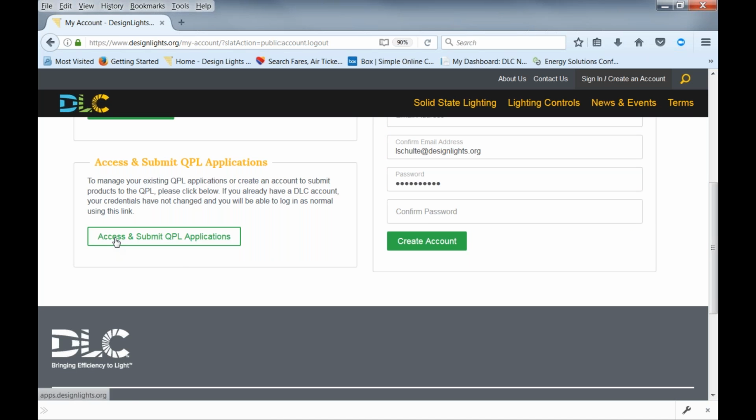Liesl's on the My Account page here. As you can see, there's a button that says Access and Submit QPL Applications. If you click that button, it will take you